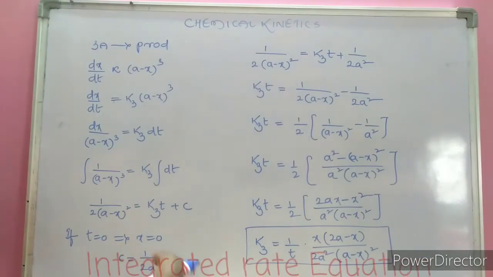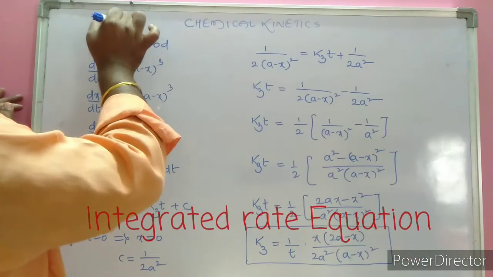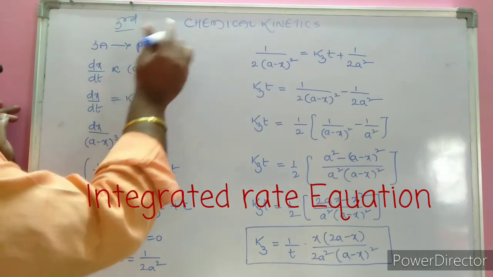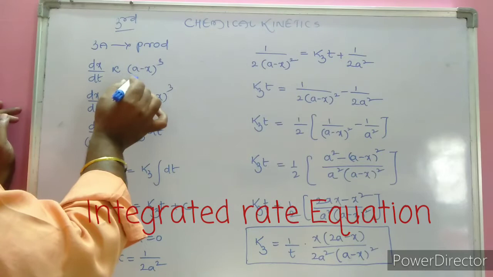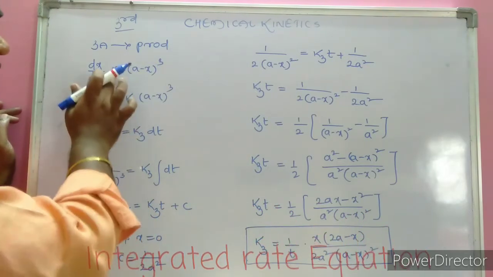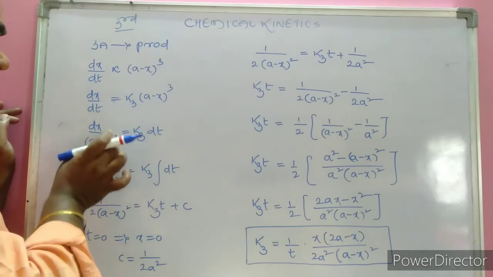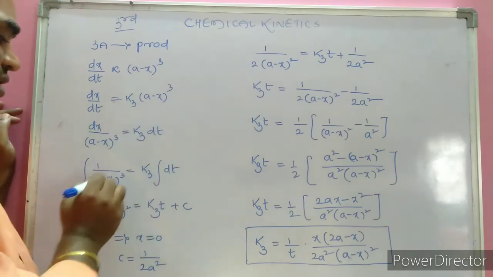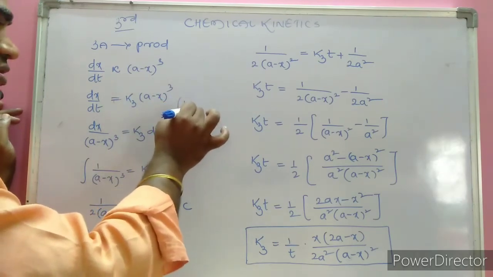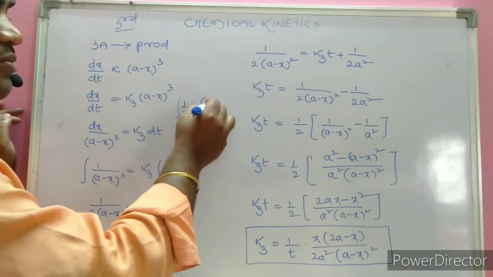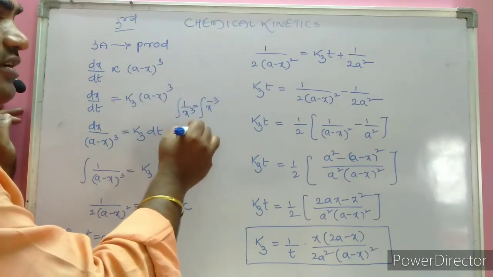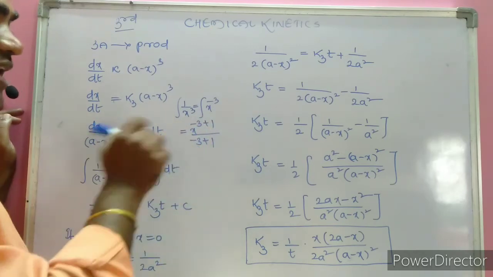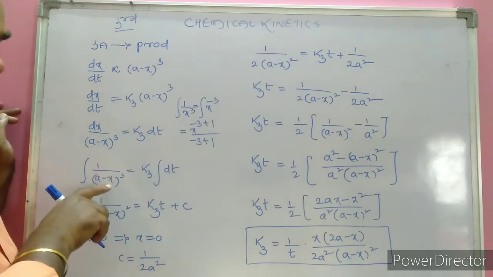Now the derivation of the integrated rate equation for third order kinetics. We need to derive an expression for the third order kinetics. Let the equation 3A gives rise to products be given by dx by dt equal to K3 (A minus x) whole cube. Separating the x terms to one side, we need the integration of 1 by x cube, which can be written as x to the power of minus 3 into dx. The integration is x to the power of minus 3 plus 1 by minus 3 plus 1, hence minus 1 by 2x square,